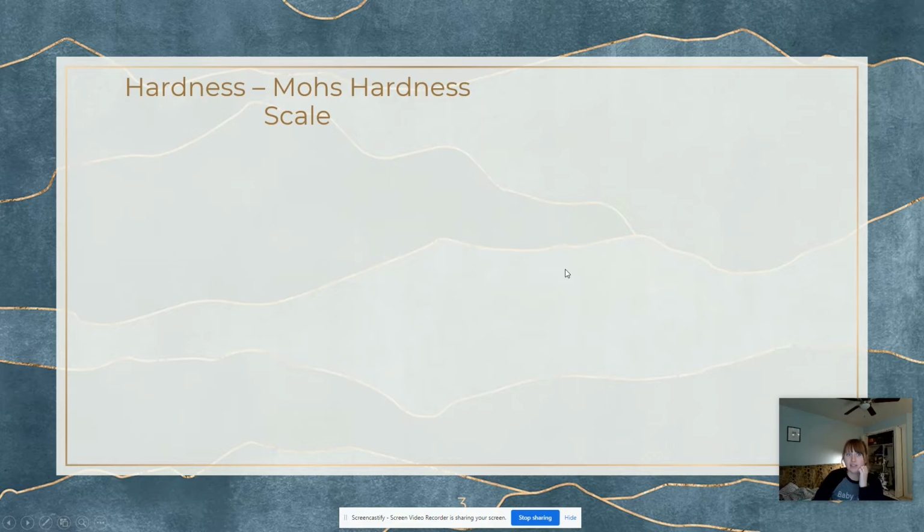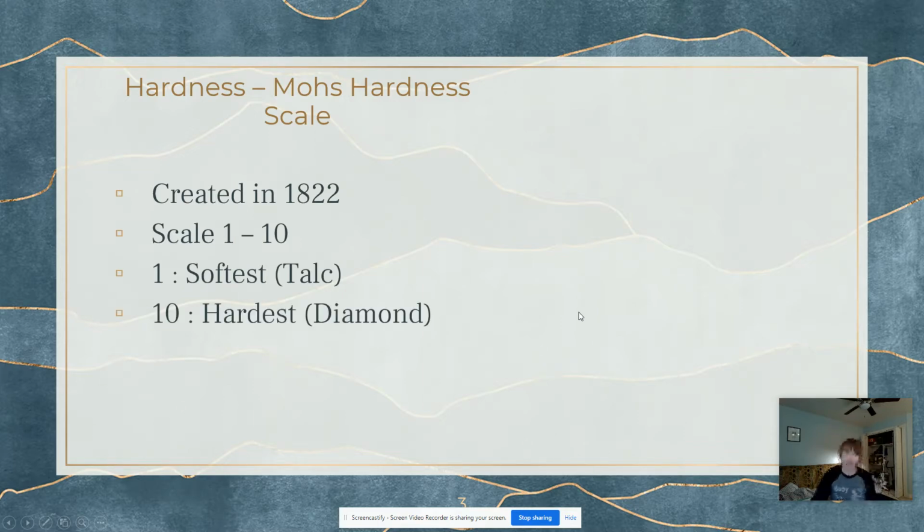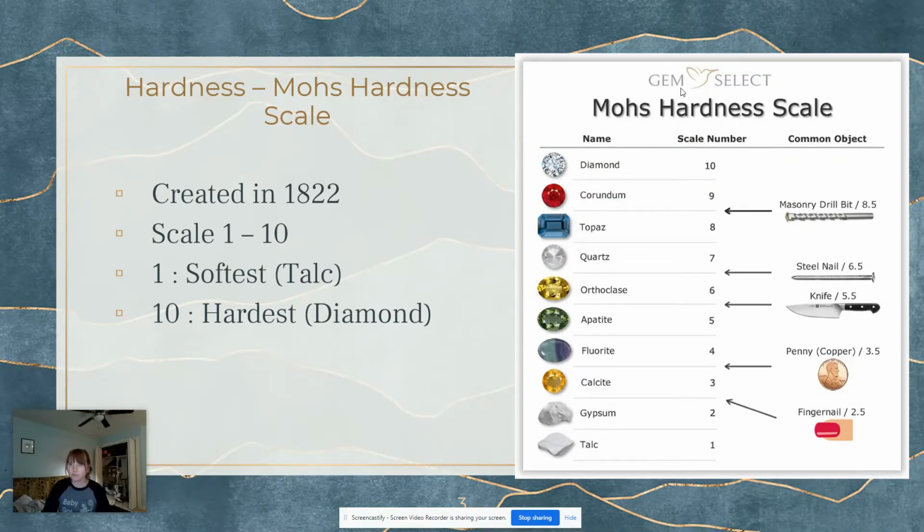So hardness is determined by Mohs hardness scale. This was created back in 1822, and it's a scale from 1 to 10, where 1 is the softest, that would be something like talc, and 10 is the hardest, which is diamond. So here is a figure looking at the different scale numbers, with some different minerals here, 10 being diamond, all the way down to talc, and also comparing it to